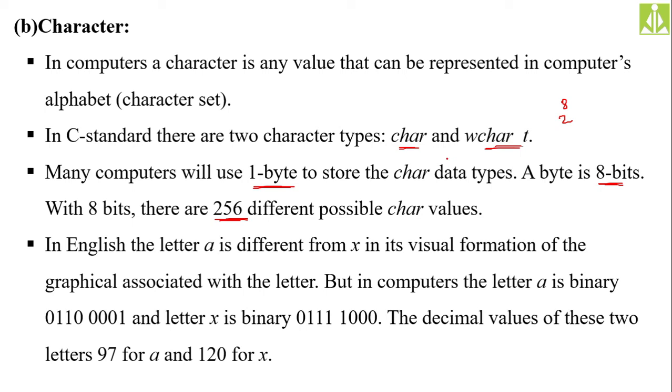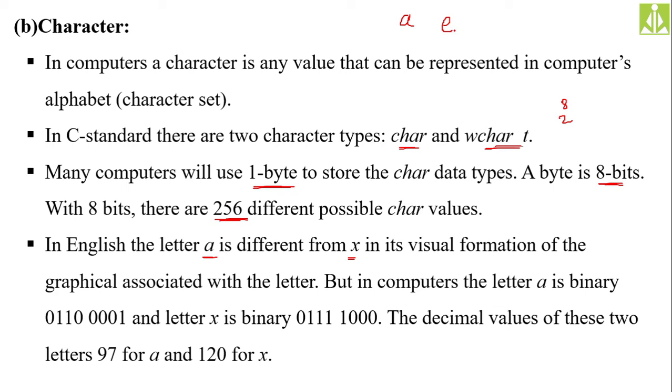Now, how we treat a letter X or letter A in English is different from the computer. In English, how you write that A is how you treat it. The graphical association of this symbol constitutes the meaning of this symbol, isn't it? When you write a letter, let us say E, by seeing that graphical association, how the letter E has been written, you understand it as E. But in computers, it is not like that.